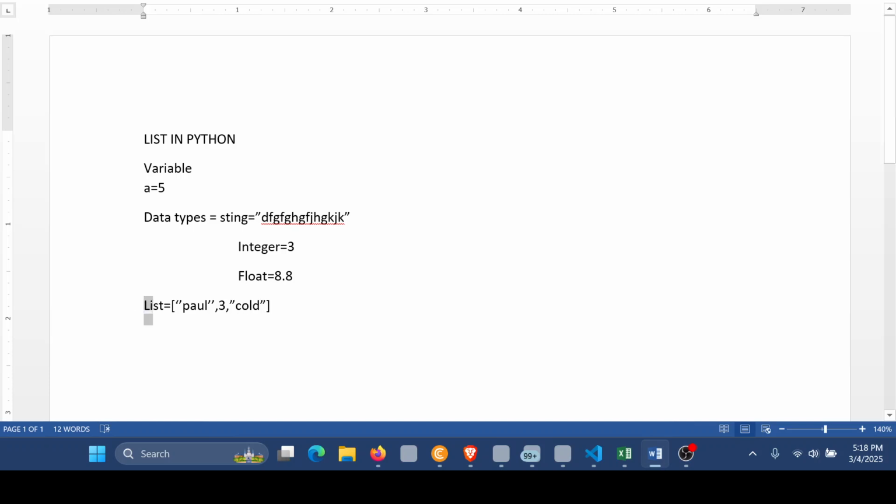But we do not use variables like we are using here. We can give this the name of mountain, and put something like Kilimanjaro,